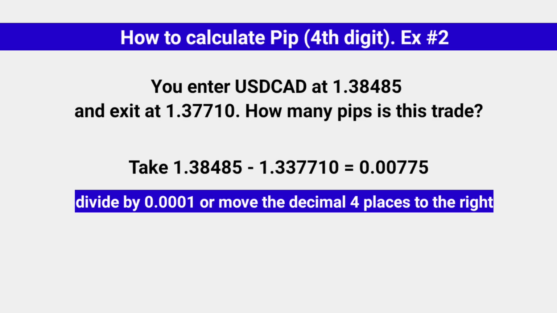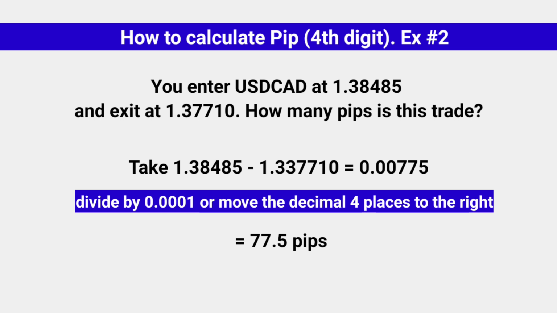Here we have another example using the USD Canadian dollar, and we're going to be calculating the PIP, which is the fourth digit after the decimal. What we need to do now is to know our entry and our exit. Let's say we enter the trade at 1.38485 and exit at 1.37710. Then we go ahead and subtract the both numbers. In case you get a negative value, all you need to do is ignore the negative. Once we have subtracted the two numbers, we have our answer as we have here,